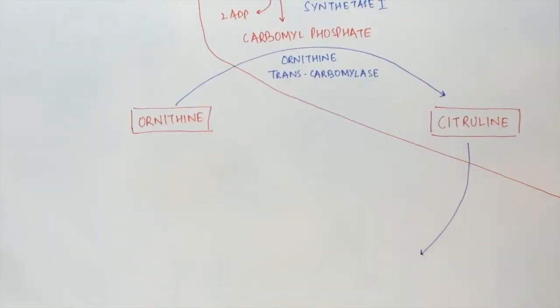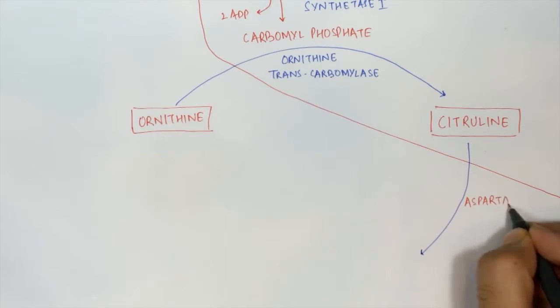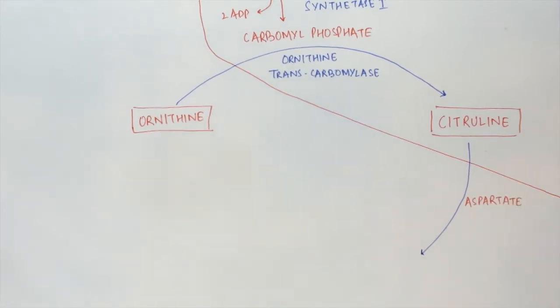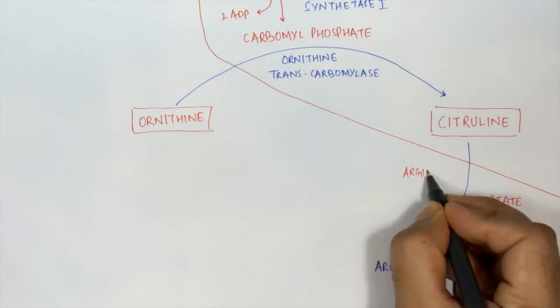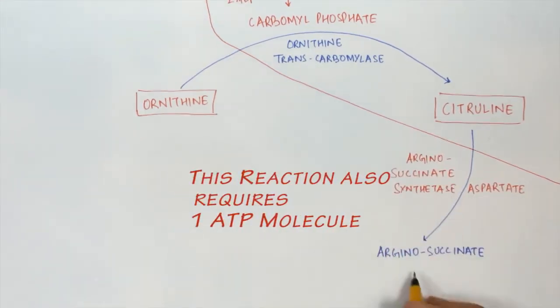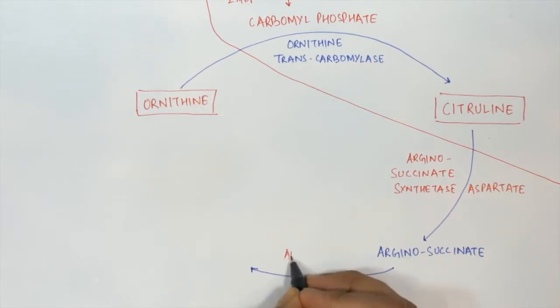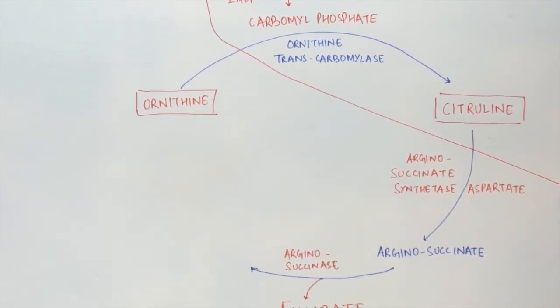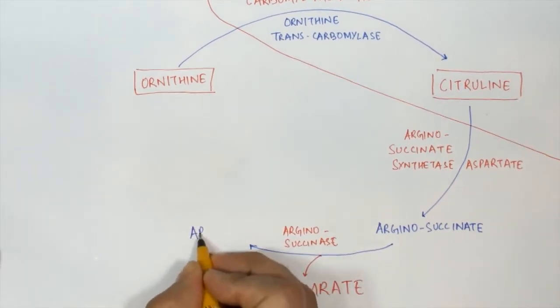Now in the next step, the citrulline is transported into the cytoplasm. It combines with the amino acid aspartate and leads to the formation of arginosuccinate. This reaction is catalyzed by the enzyme arginosuccinate synthetase. Now in the next step, the enzyme arginosuccinase acts upon the arginosuccinate and lyses it to produce two molecules, the